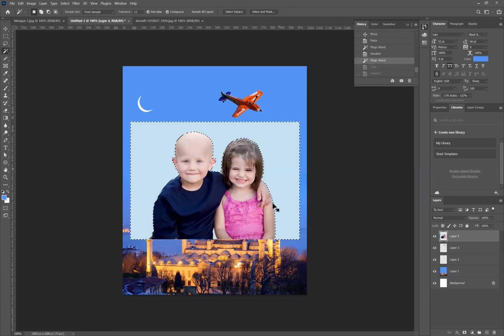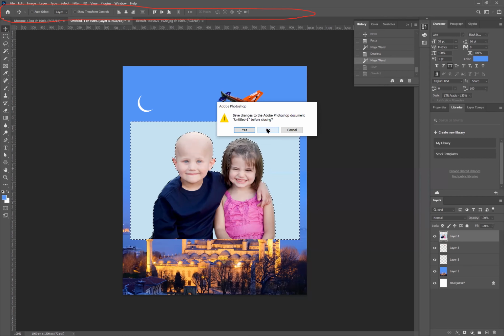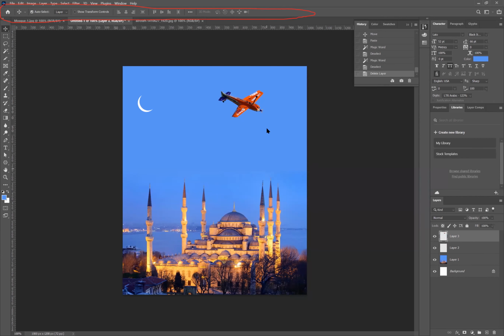Magic wand comes with some settings. Focus on this area, this part. It has tolerance. Tolerance is something like when you click, how strong the selection should be. I can show you the tolerance example from a different file.